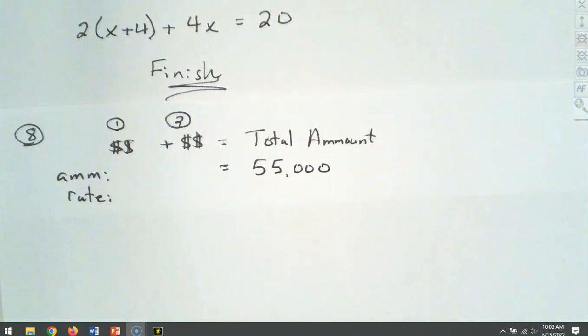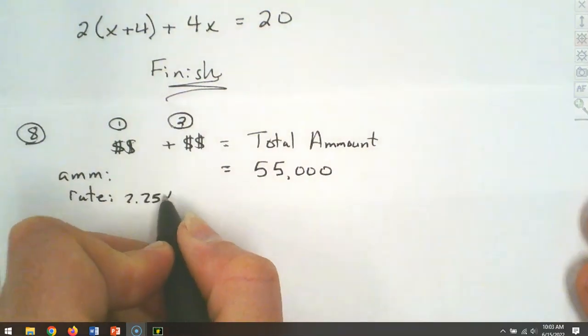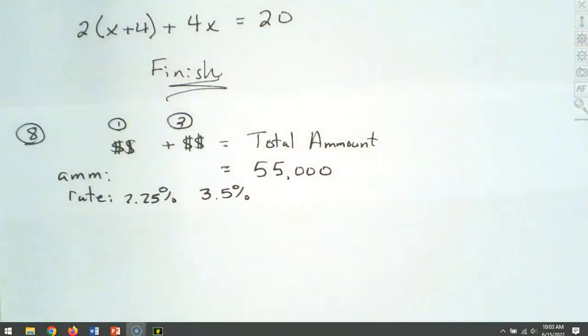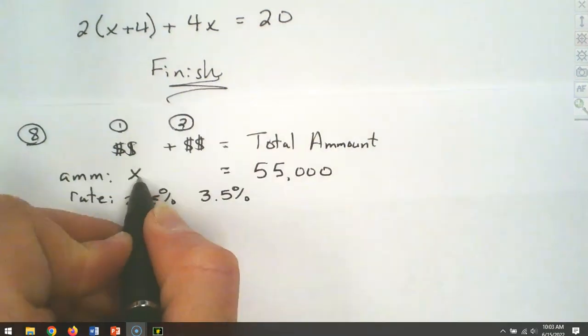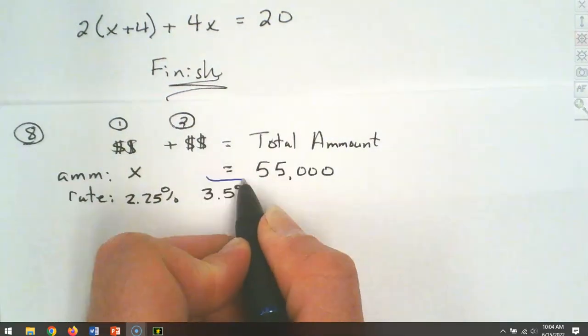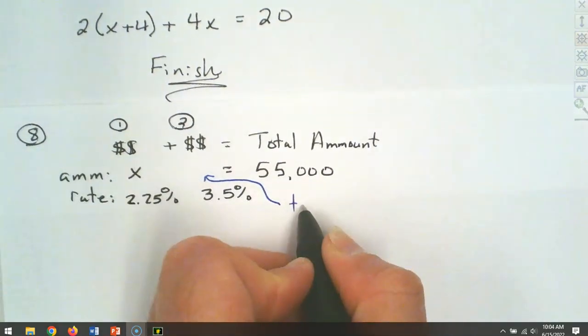The first rate is that 2.25%, and the second rate is 3.5%. And just like question number 5, we don't know either one. Do we know how much is at the 2.25%? No, that's unknown. But we also don't know how much goes here either, but we know that that is the total amount